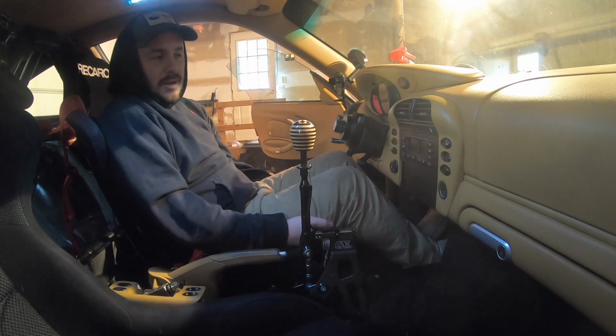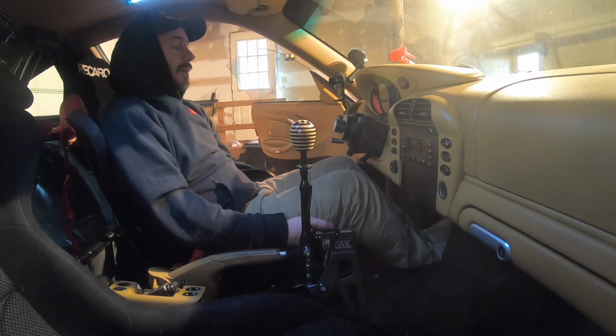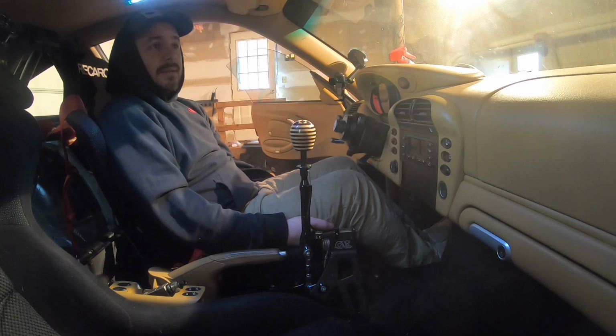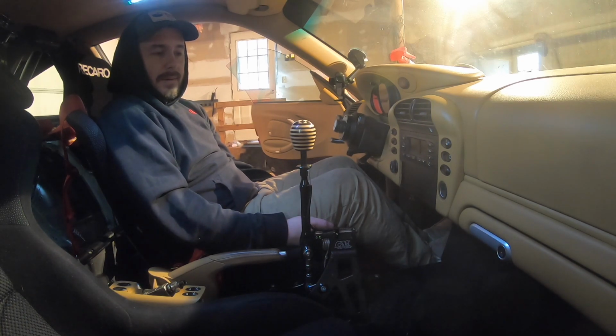The shifter that comes stock in your 996, in my opinion, is absolute junk. It completely lets down the driving experience, if the feedback of the car is something that's important to you. The steering is great. The response of the brakes is great. The engine response is great. Shifting is sloppy and imprecise. That was pretty evident for me within an hour of driving the car that I wasn't going to stick